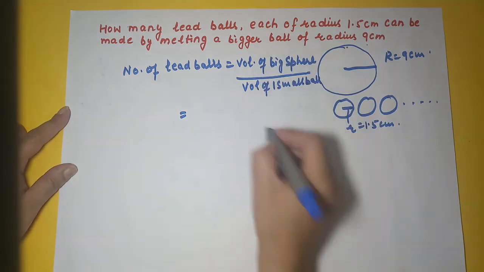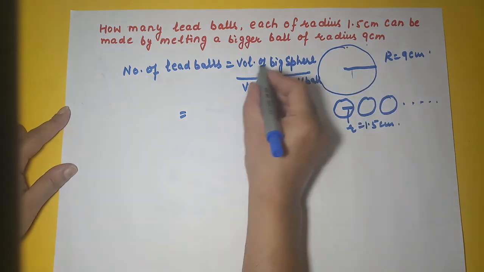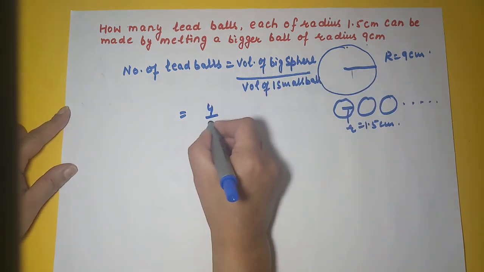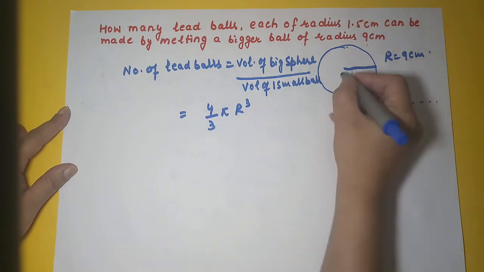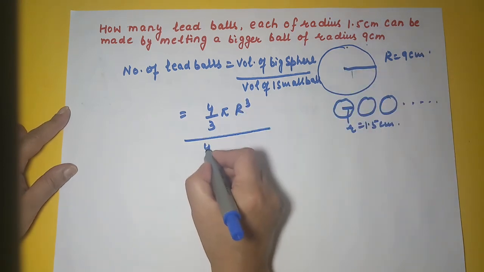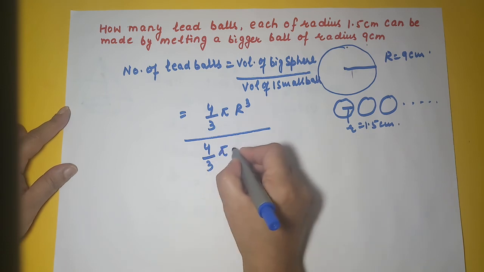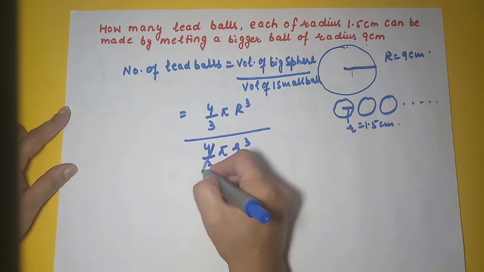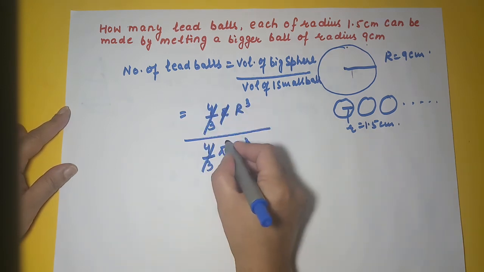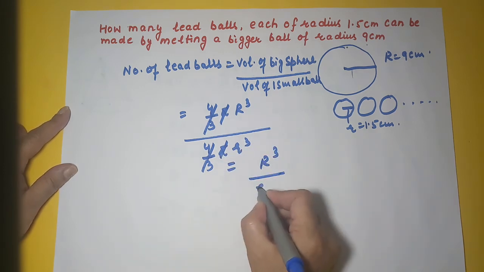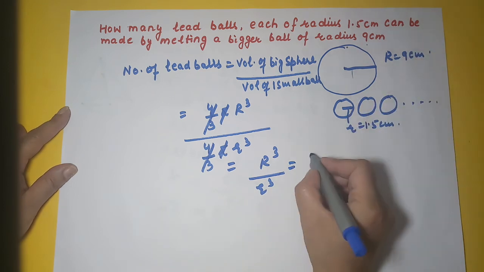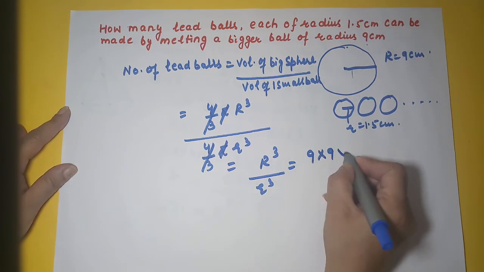So both of them are spheres this time. So volume of big sphere is 4 by 3 pi, and this capital R cube, because radius is capital, divided by 4 by 3 pi r cube. Now 4 by 3 and 4 by 3, pi and pi will go. So we are left with R cube upon r cube. So this is 9 into 9 into 9